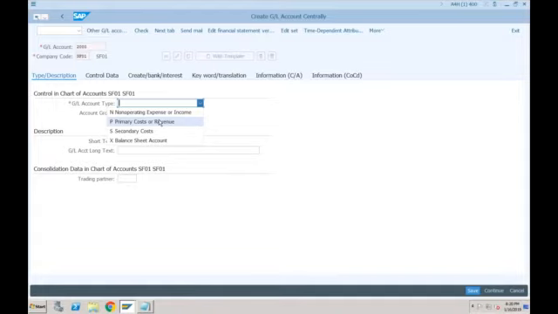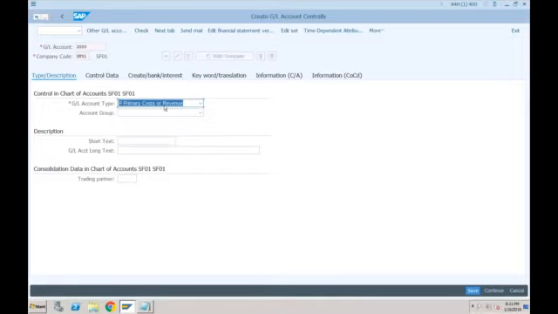For example, cost of goods sold. Normally we don't create any cost element for it. Even scrap sales is our non-operating income. So there are some GL accounts which we create as expense or revenue accounts, but we don't create the cost element for them. If you want to create a cost element for a profit and loss account, you have to select primary costs or revenue.